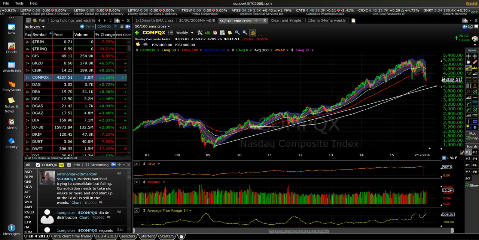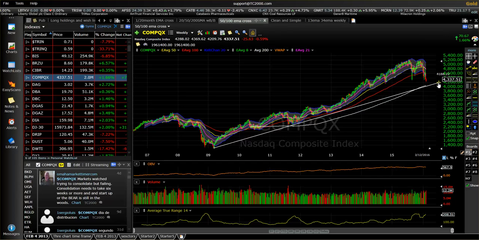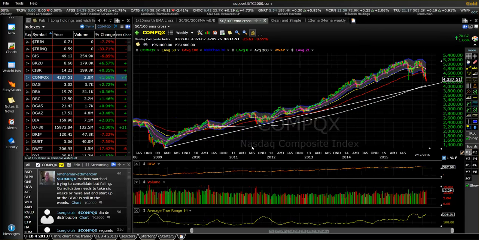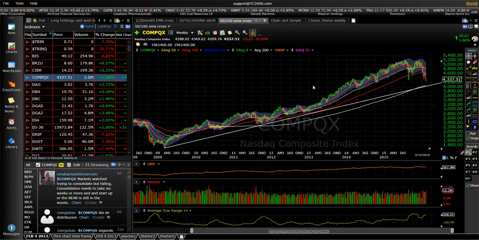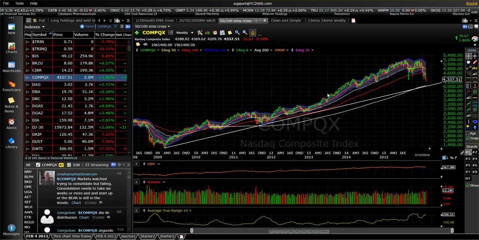Let's take a look at the NASDAQ. Clear, long-term, dominating trend to the upside. Unlike the IWM, we have not broken this long-term downtrend yet. Now, we have broken